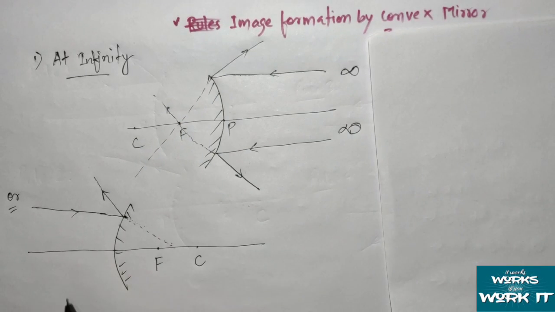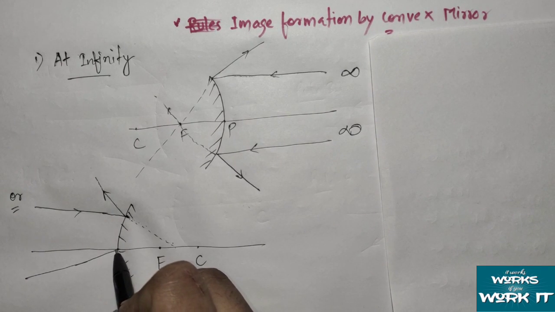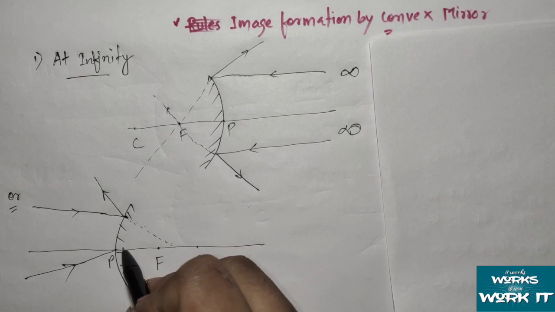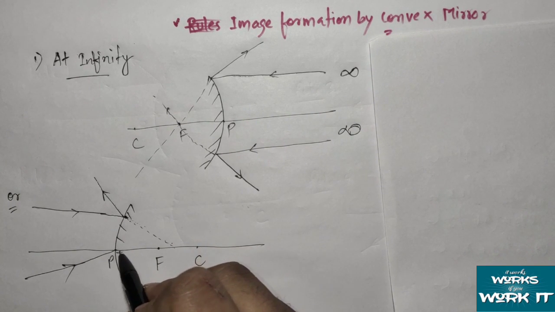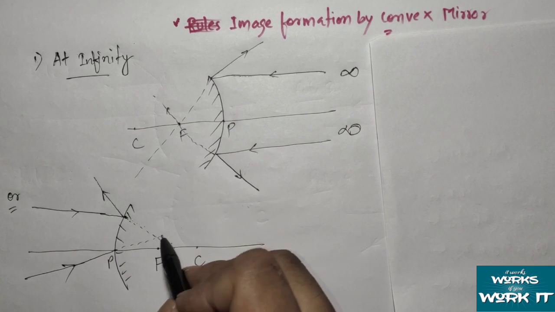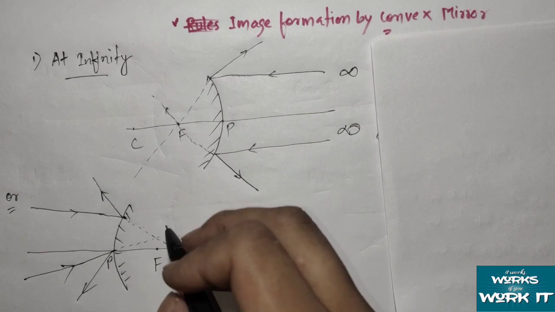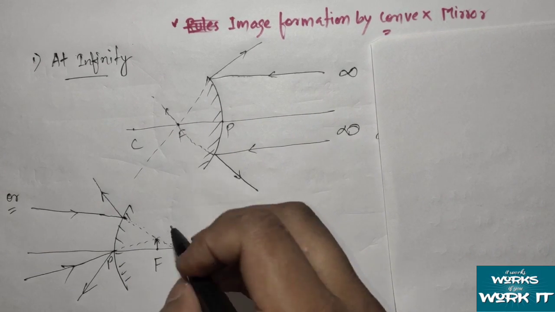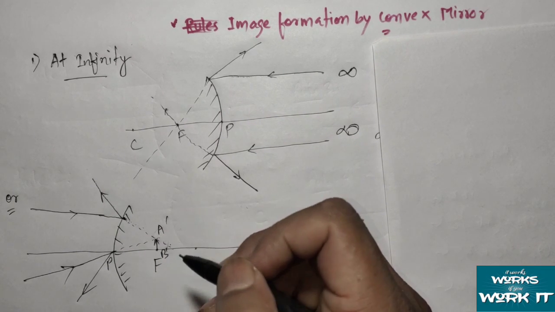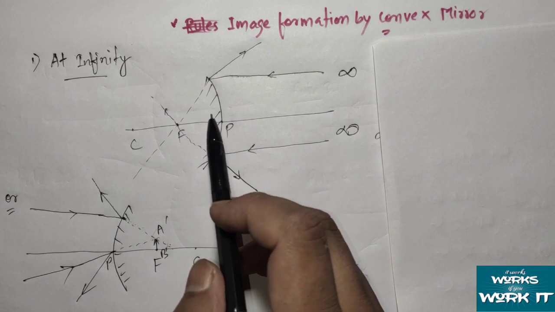Okay, and another light ray, if I draw from here, it is toward the pole. So it appears to go from here, but after reflection it will diverge. So where is our image formed? It is in A dash B dash. This is our image. Okay, so if you see here where the image is forming, it is forming behind the